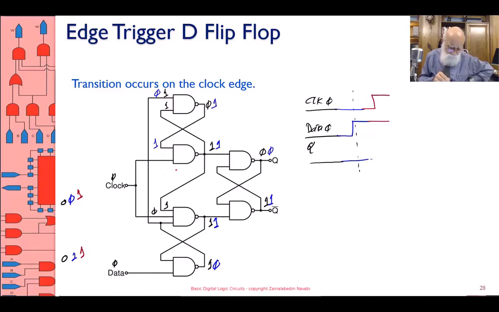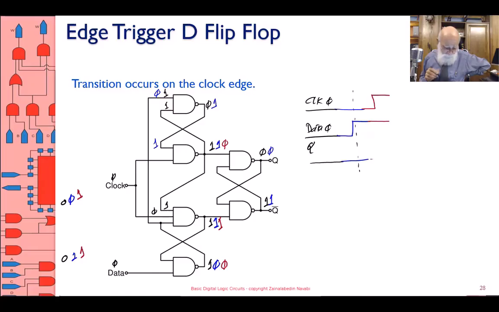I have 2 ones on this NAND gate, that gives me a 0. A 0 comes here, that gives me a 1. Okay, the data is a 1 and another 1 there, that gives me a 0. Okay,